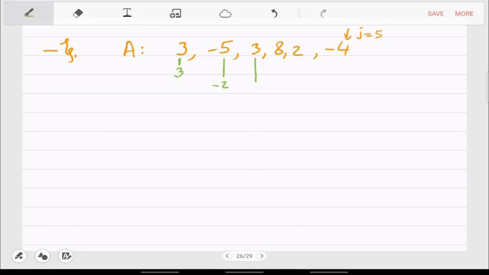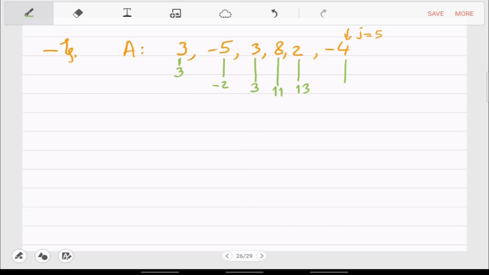What is S of 2? Yes, so all the other prefixes are negative. They contribute a negative number. So it is better to just ignore them. So you use A3 only, which is value 3. What is S4? S4 is 11. You want to skip again 3 and minus 5. And so on, right? What is the next one? 13.